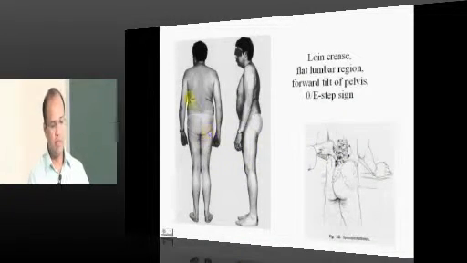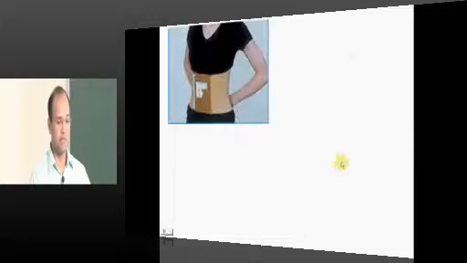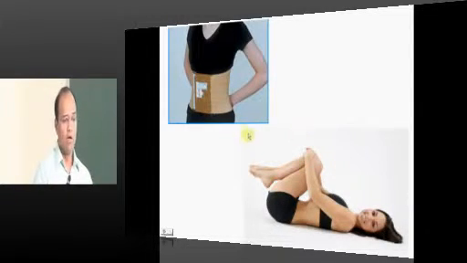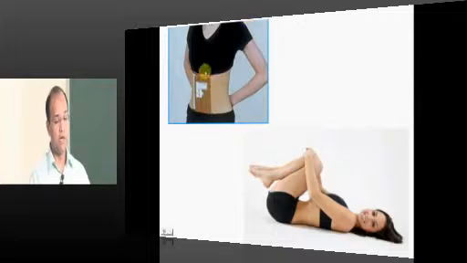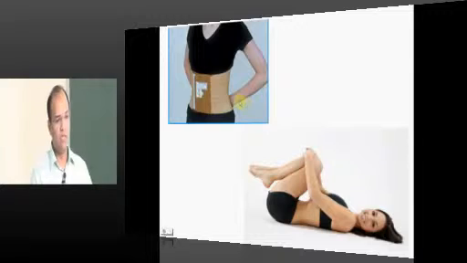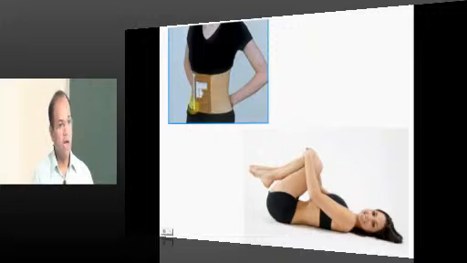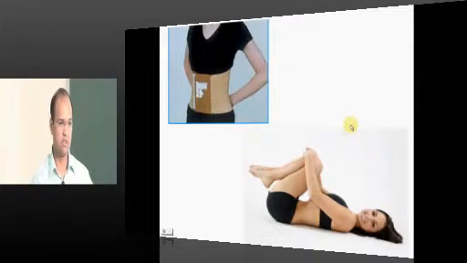How do you examine? Once you examine the patient, you can find nearly a crease there at the level of listhesis. There can be a loin crease, a flat lumbar spine, this region will be kept flat, and there will be a forward tilt of the pelvis, and once you examine, there can be a step sign. What is the treatment? I told you in the initial phases, you increase the intra-abdominal pressure by giving a belt. This is an indication for it, and once you support it when the spine is unstable, at the times of instability you support, and at other times once you have regained the tone, increase the tone of the abdominal muscles by doing flexion abdominal exercises like this, right.